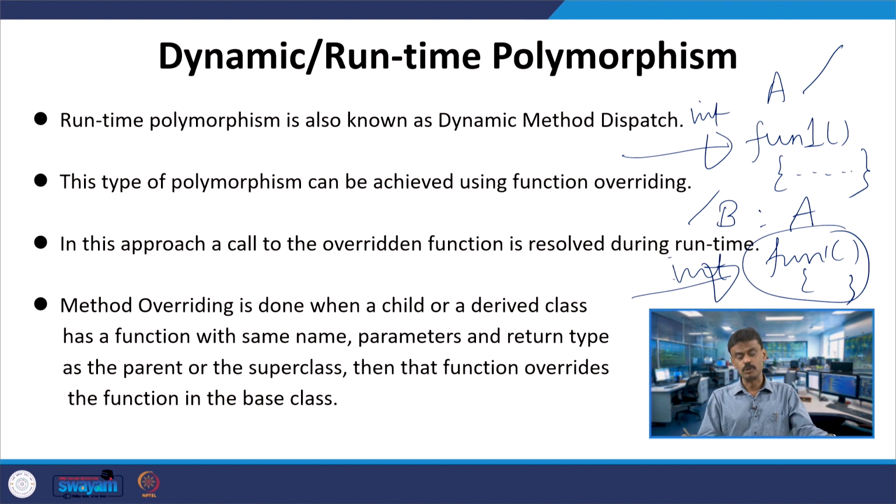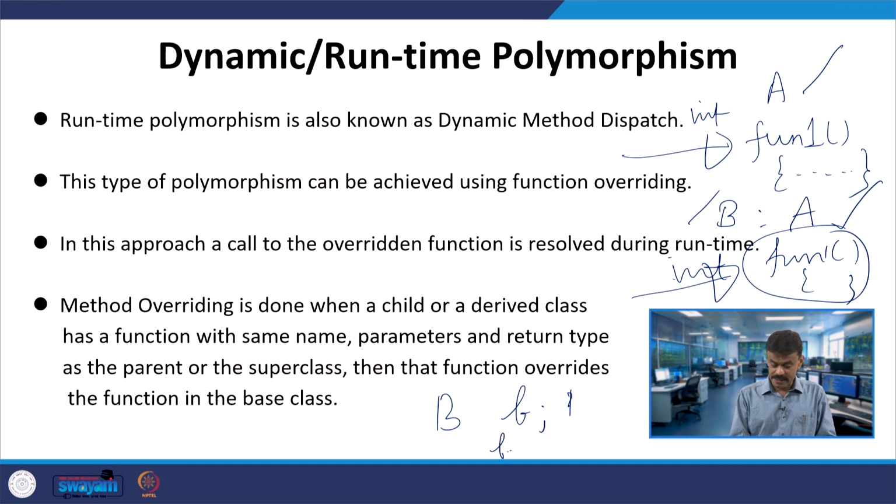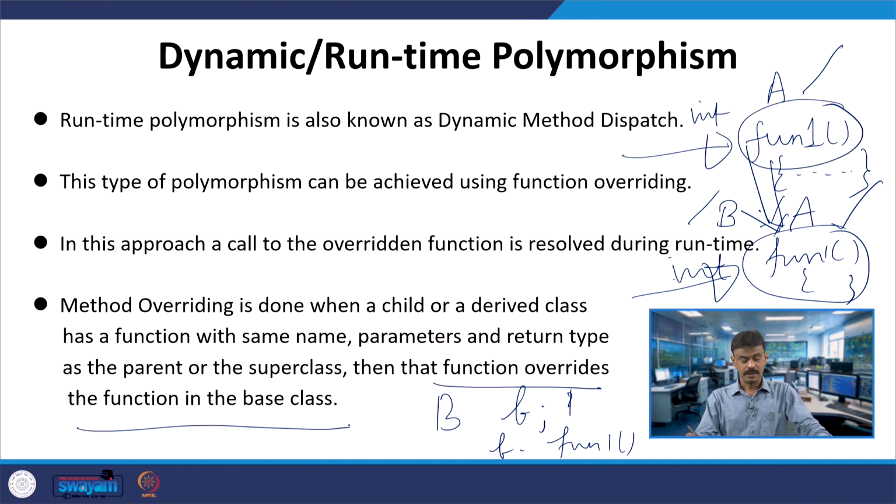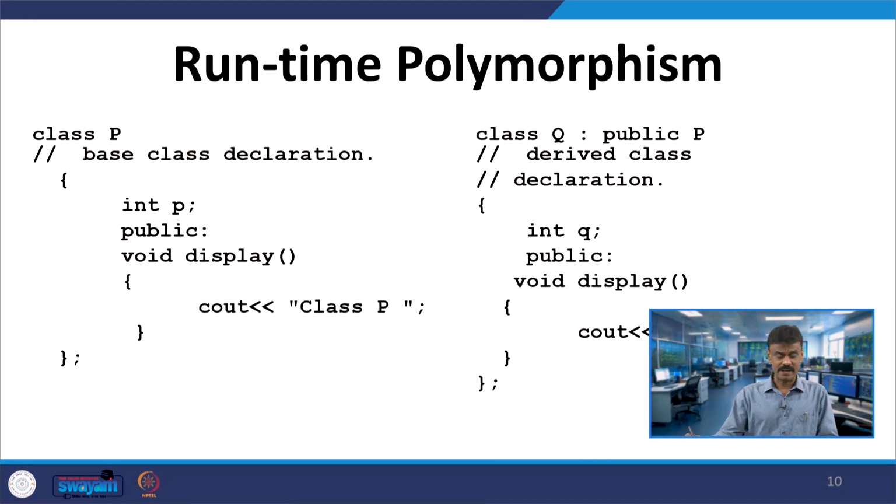Let us assume that the function in the base class is getting overridden, right. For example, you have created an object, let us say small b of capital B, alright. Now this b is invoking, let us say fun1. In this case, this function should be called. That means the function in the base class should be overridden. This function overrides the function in the base class. So, you call this runtime polymorphism or dynamic binding. So, what exactly is happening in the case of runtime polymorphism?